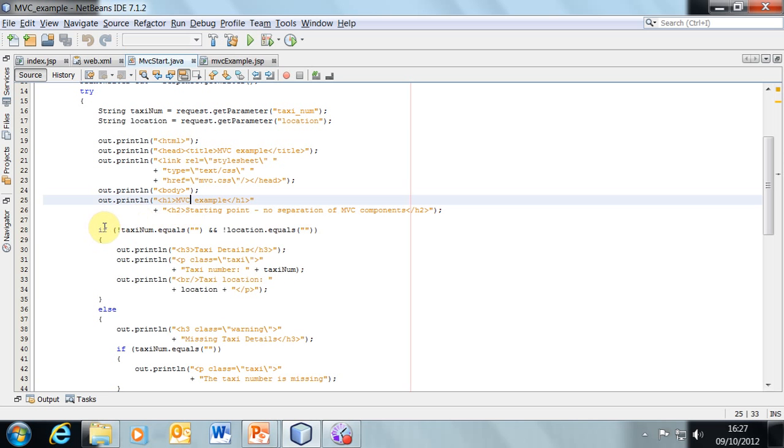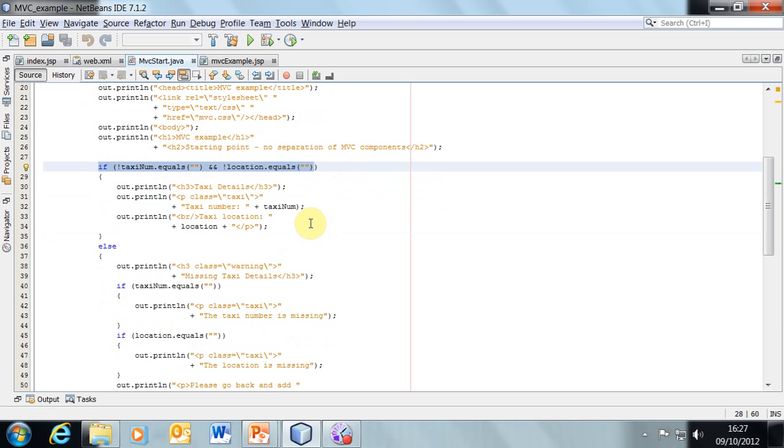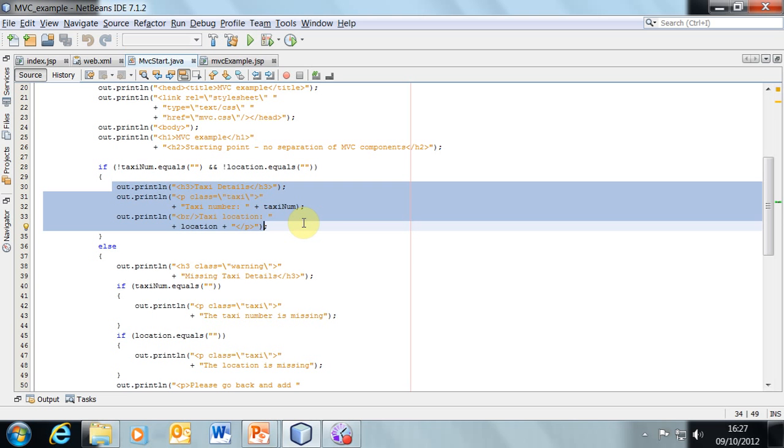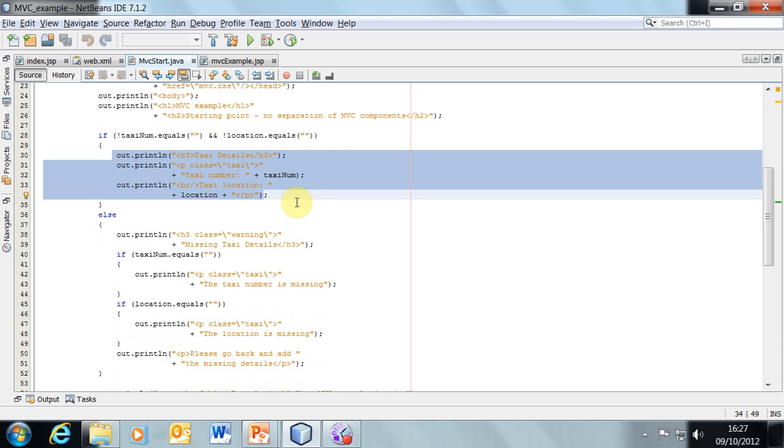Then we have to think about the data that we've got. And here we've got a business rule. The business rule states that taxi num and location must both have some data in them. And if they are, then what we're going to do is to process that data simply by echoing it back straight to the web browser. So it's not a very sophisticated manipulation of data, but that's not the point. We're wanting to focus on other things. Else,